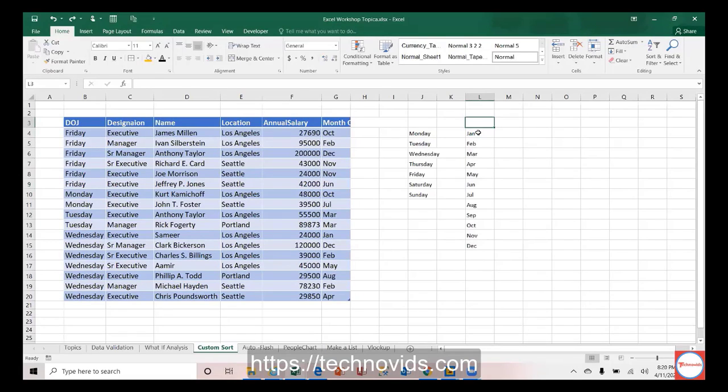So if I give a header as month here, Excel, sorry, there's a spelling mistake. If I ask Excel to sort, April will definitely come first, then August and all those things. So I don't want this way. I want January to come first, then February, then March, like this. Is there a way I can do that in Excel? Definitely you can do that. So that's what we are going to see now.